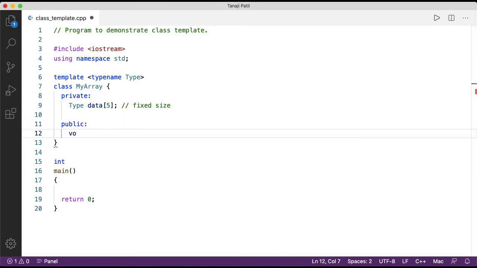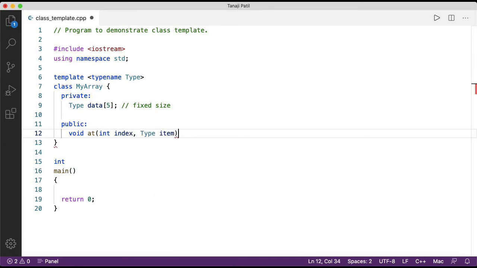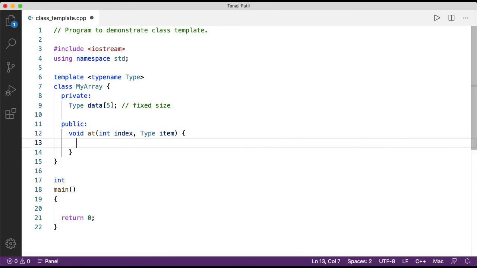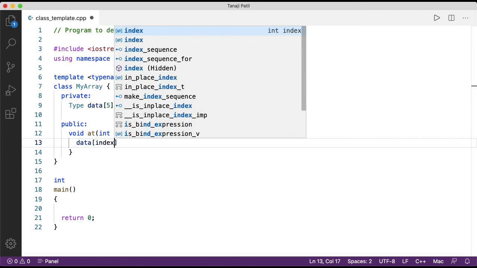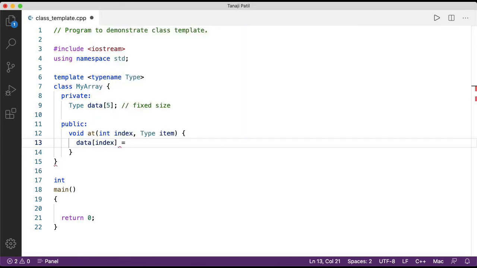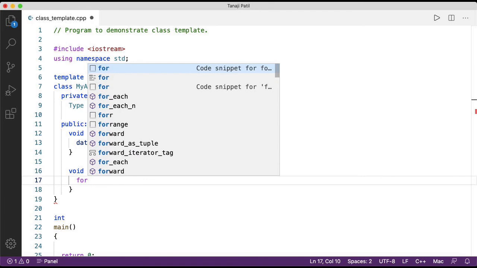The first public method is at, which allows us to modify the element at the index given as a parameter. In this method I am not checking the array index bounds, so I directly write data of index is equal to item.